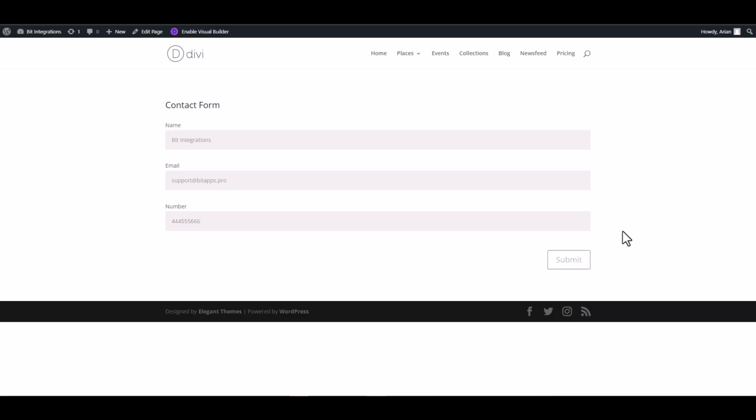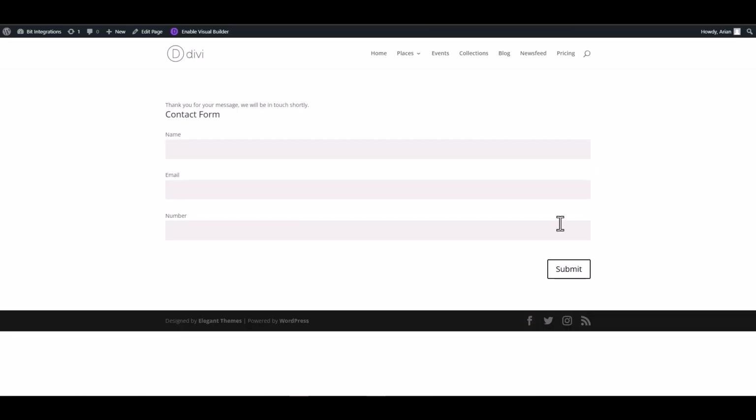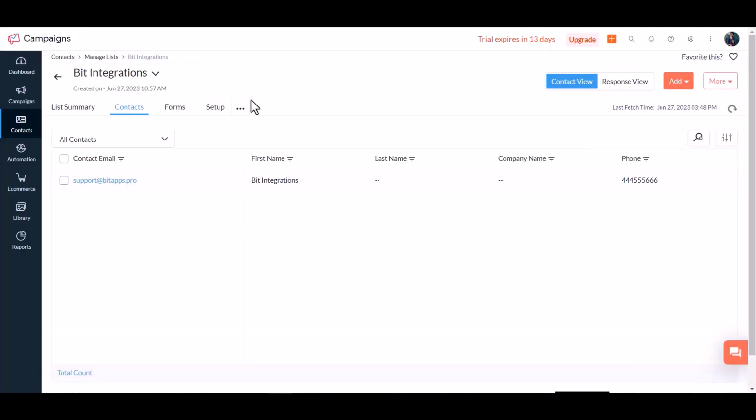Submit the form. Now go to the Zoho Campaigns site. And you can see the data came successfully in the Zoho